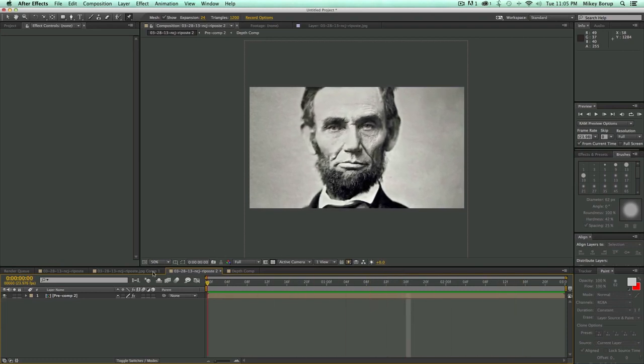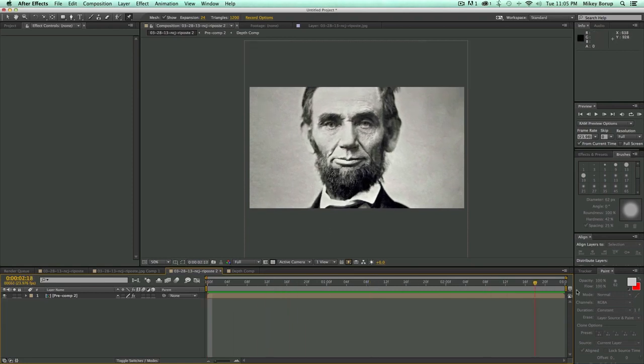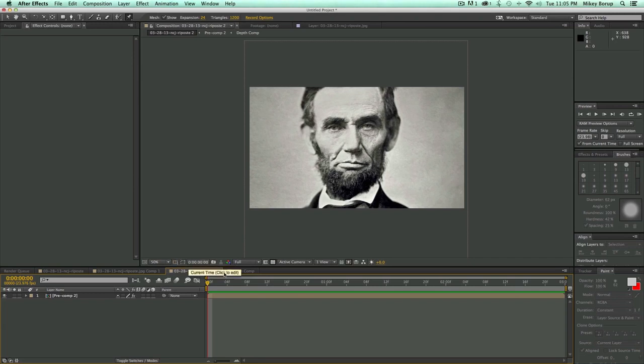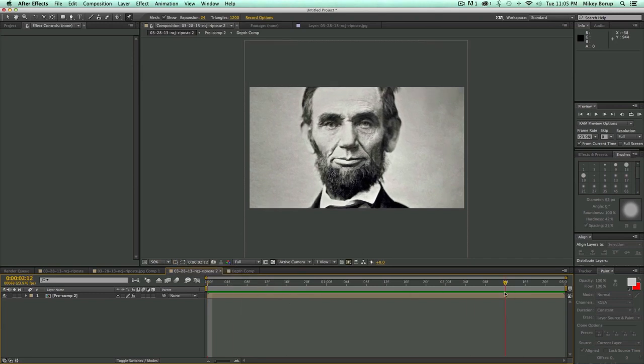Now, if I want to take this one step further, I would probably go in and cut out Abraham Lincoln from the background and replace the background with something completely different. I think that would add a lot. I'd be able to have the background move in 3D space. Right now it's looking a little bit funny, but that's just one step you can do. You would want to do that at the beginning before you did all the rest of the movements and the